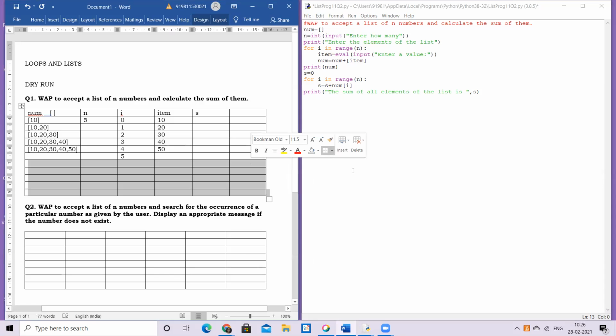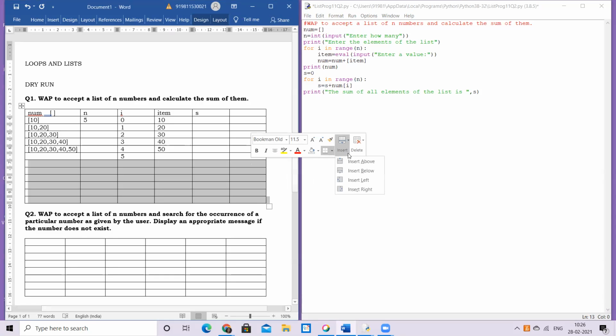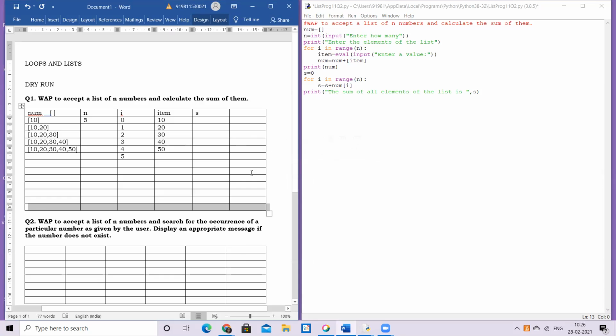Now, children, this process of accessing the elements, which we are going to see now, is the same whatever you want to do with the elements in any list. I want to check whether they're even or odd. I want to add them. I want to find a particular number, find its occurrence. I want to maybe pick some data from here and create another list. Whatever you have to do, that all will depend on one plain simple basic logic, that is, how do I access the elements? If I know the process of accessing, then I assume that the rest of the things I can also do.